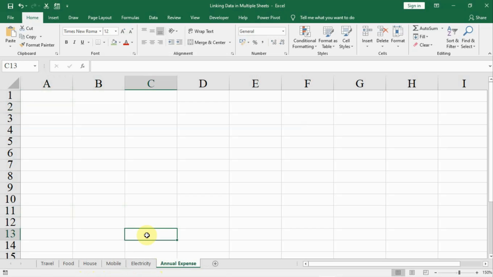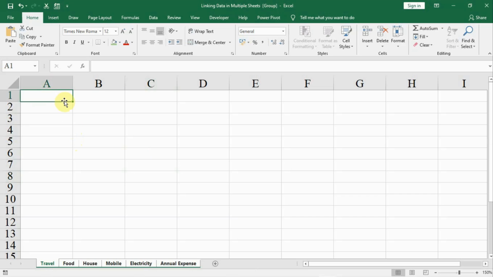So we are trying to create a sheet for keeping a record of annual expenses. So let us start with first sheet, travel. Now what you do is press Ctrl key and after Ctrl click on each and every sheet one by one. Now you see all the sheets are selected one by one. Now do not click anywhere on the bottom menu bar. Do follow steps as precisely as possible as I am telling you.